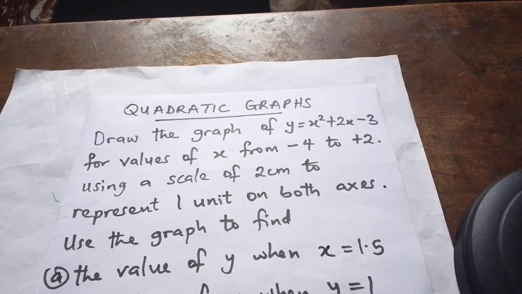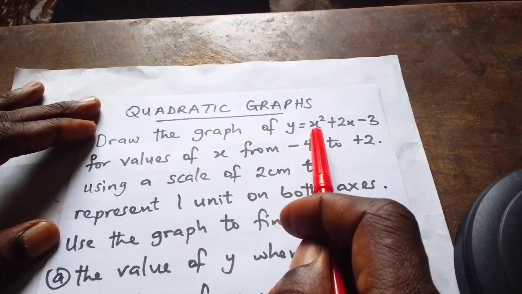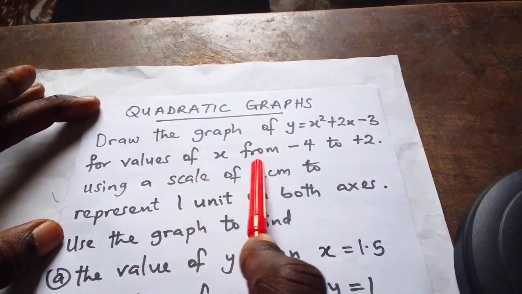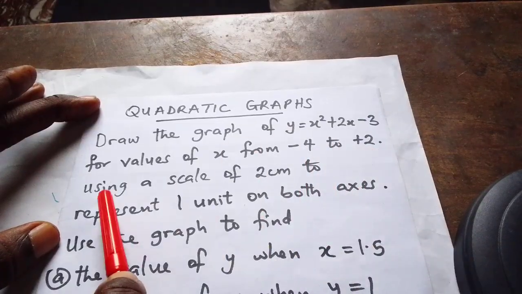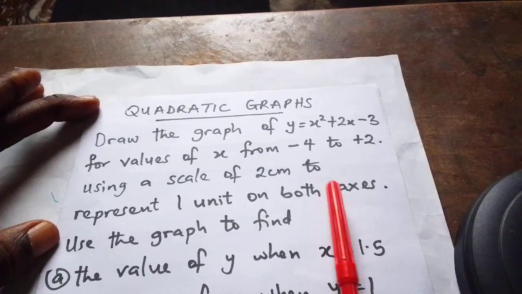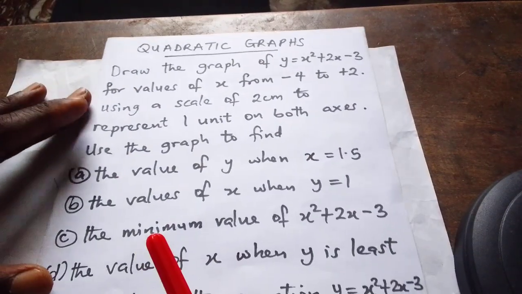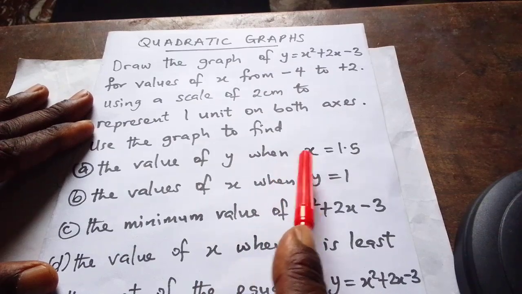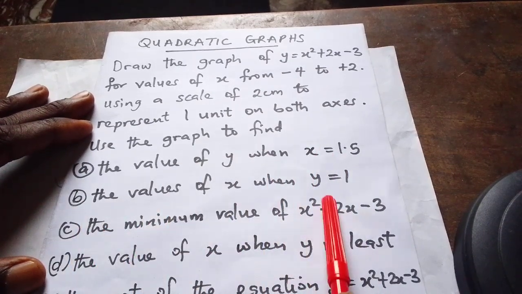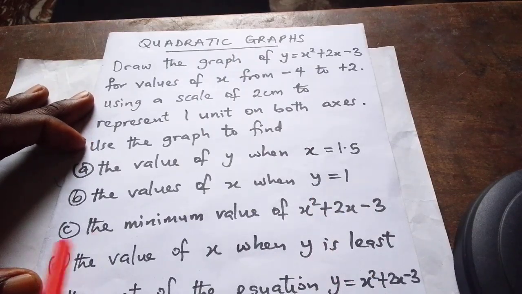Quadratic graph. Draw the graph of y equals x squared plus 2x minus 3 for values of x from minus 4 to plus 2 using a scale of 2 cm to represent 1 unit on both axes. Use the graph to find: a. the value of y when x is 1.5, b. the values of x when y is 1,